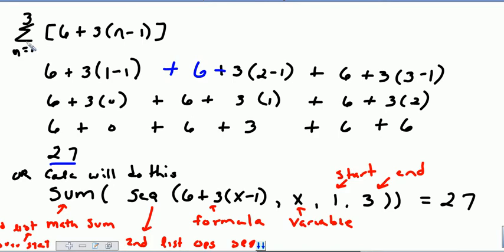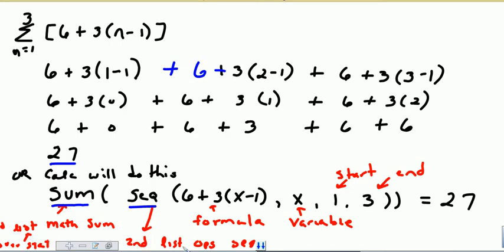If we are doing sigma notation, what we are doing is the sum of a sequence. This is all of those numbers. This says add them together. If you actually need a list of a sequence like this, the sequence key will do it. If I need to add them all up, I need sum. So in order to do this particular problem, I need sum, which is found under second list math, and then choose sum. Second list, and list is over the stat key. So second list math sum, that'll put this piece.